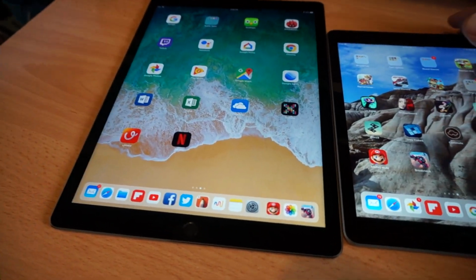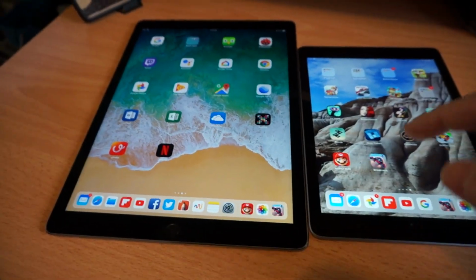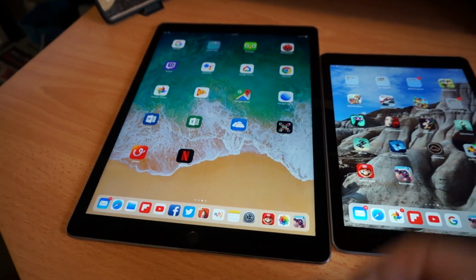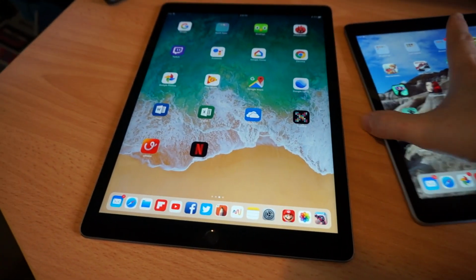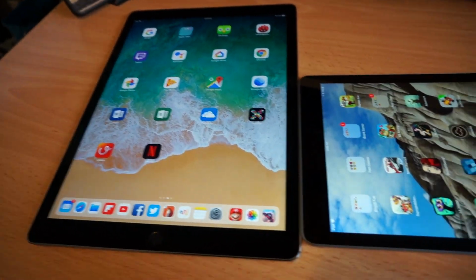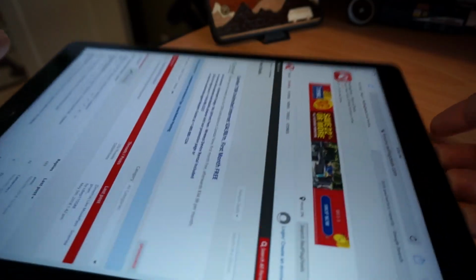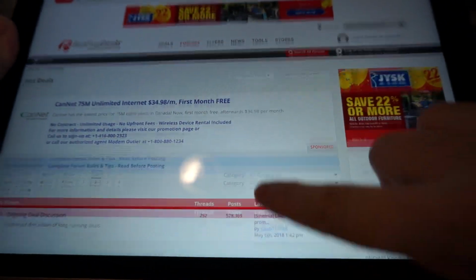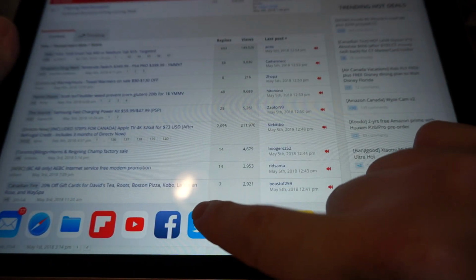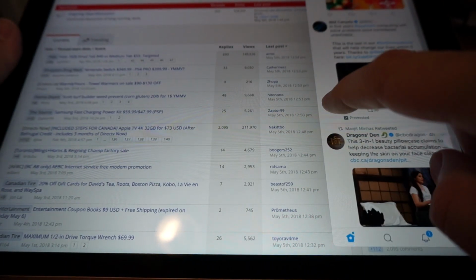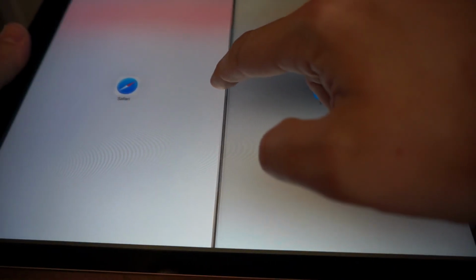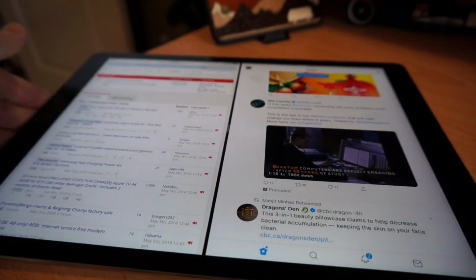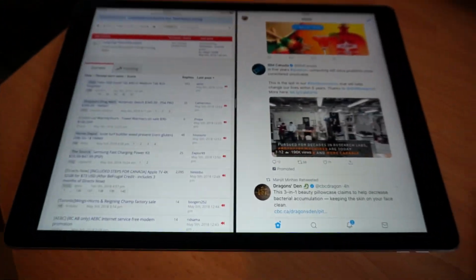And the multitasking experience on a Pro iPad is much superior to this just because you have the added real estate, especially on the 12.9 inch Pro, because when you go into the split screen mode, you're getting almost 2 full screens of an iPad. So let me go into multitasking. We'll bring up Twitter and run Twitter. Let me go into full multitasking and set the window size to the half screen. And now you're getting 2 full iPad apps running at the same time